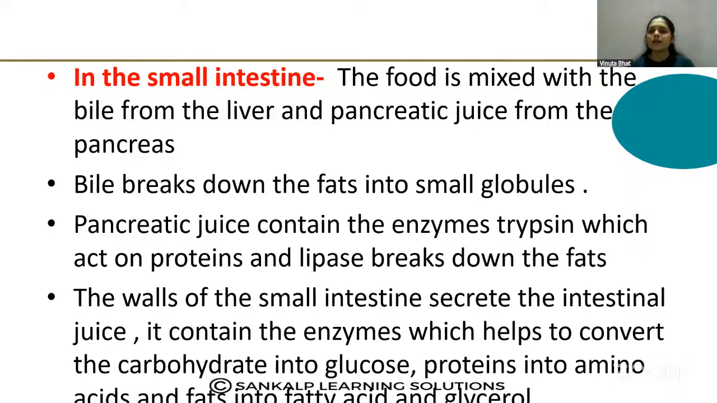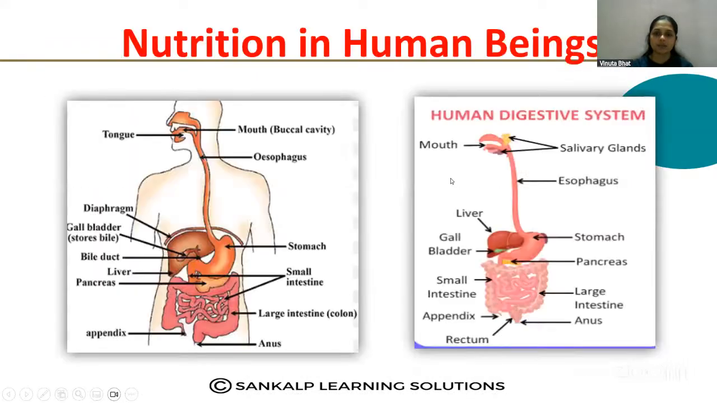Okay, the food is mixed with the bile. So in the first step of the digestion in the intestine, bile from the liver and pancreatic juice from the pancreas are mixed with the food. Bile breaks down the fats into small globules. Okay, see the diagram here. This is the small intestine. Here you can see the liver, which secretes the bile,